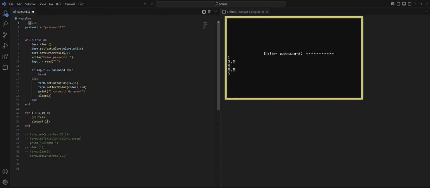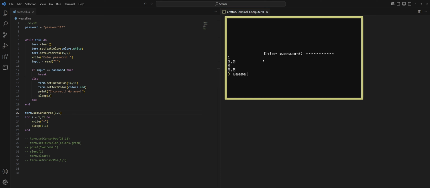We know that the screen width is 51, so we could do 51 for how many times it's going to do it. And remember, the print statement has a line break at the end. So if we don't change this to write, then it's just going to go down the screen 51 times. And we want it to go across the screen. And maybe we can do a little equal sign action. Make an equal sign go across the screen. And we will do this a lot faster. Let's do 0.1. Also, let's go ahead and set position back at the top so it goes across the top